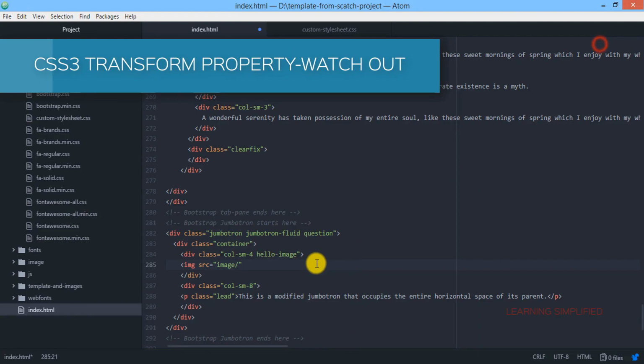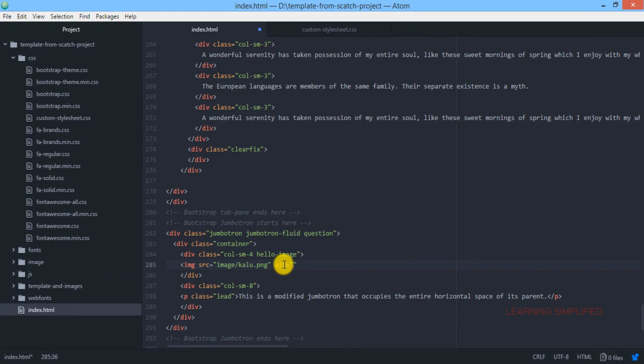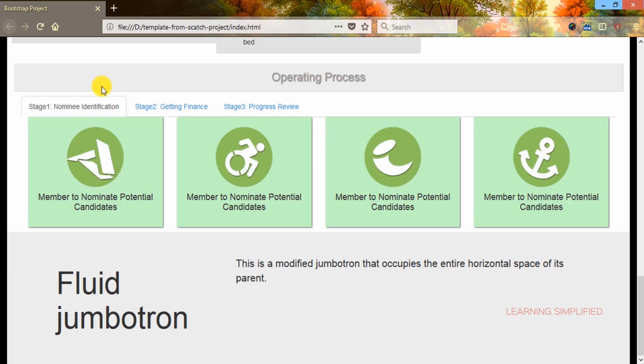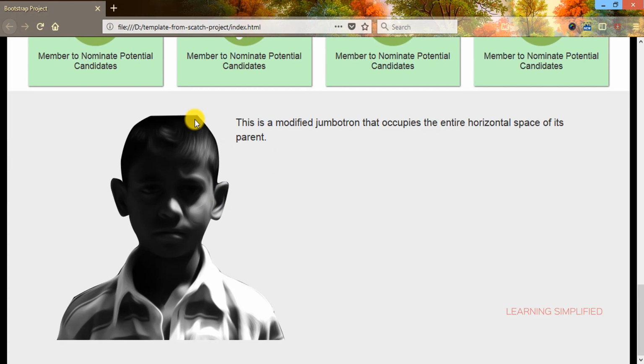Getting back to our project, we are using it. So we need to provide here an alt tag with a definite image name. So we are naming it as image11. So it has been provided. Now we are going to reload.